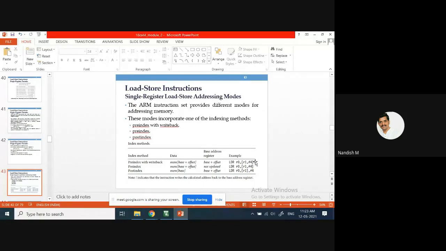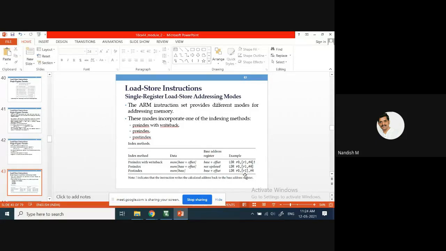The register inside the bracket we call the base address register. R0 is the destination register where we copy the value. R1 within the brackets is the base address register. In the first case, that base address register gets updated, so if it comes within the brackets, you must put an exclamation mark at the end. If you leave out the exclamation mark, you must write #4 outside.